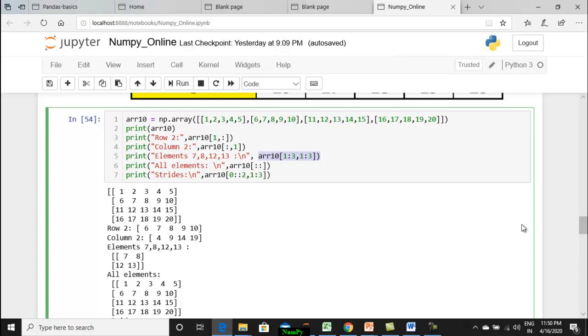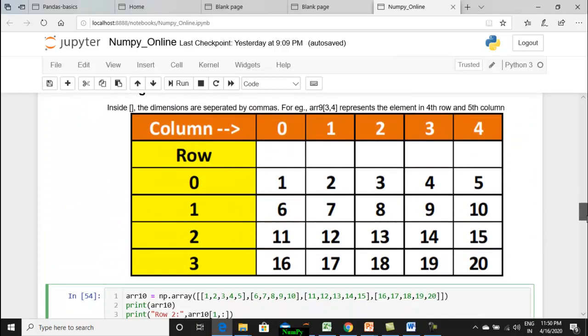Okay. And one important concept is about the strides. What are strides? Taking a portion of this particular array, not continuously, but with regular intervals is what we call strides. For example, I may want to retrieve elements from these, let's say 6, 8 and then 10. For example, I may want to take 6, 8 and 10 alone from this.